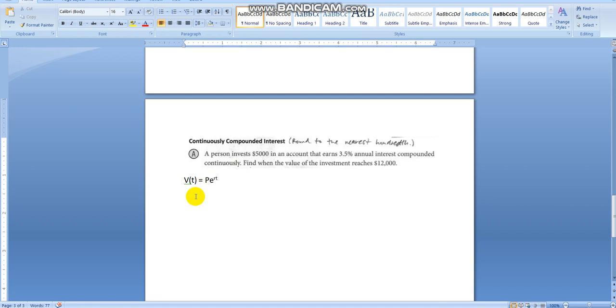So a person invests $5,000, so P equals 5,000, in an account that earns 3.5% annual interest compounded continuously. Compounded continuously basically means we don't have to worry about, like we mentioned in class,